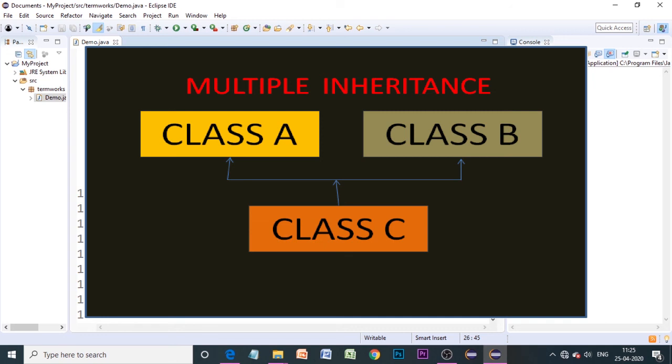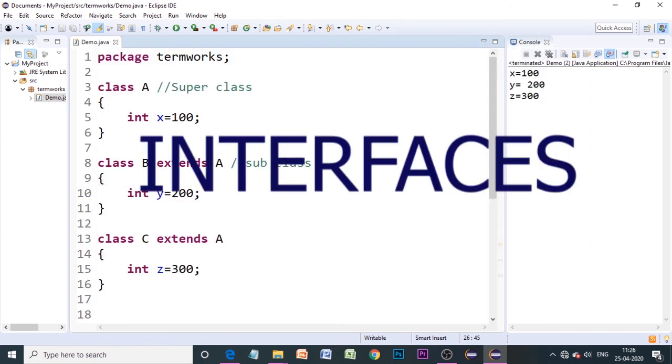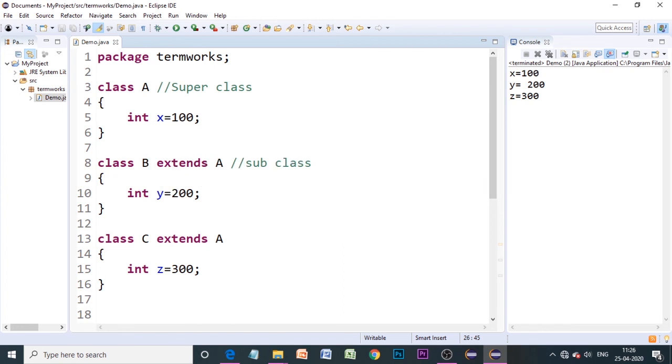So for example, there is a class A and there is a class B, and then we are going to derive a class C from class A as well as class B. So that type of inheritance is multiple inheritance. In case of Java, multiple inheritance can be implemented using a concept called interfaces. So we will be discussing interfaces in the next video.